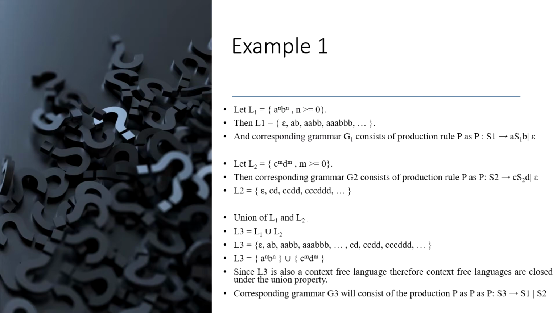When we do L1 union L2, we acquire a set L3 in which we get the strings that were in L1 and in L2, and this third set, which is the union of both these sets, will be the language L3. For this language we can clearly see that we would be able to design a pushdown automaton, and therefore this is also a context-free language. So we observed that L1 was a context-free language and L2 was also a context-free language, and after taking the union of both we got a third language L3, which is also context-free. This is one of our observations, and now we will go for example 2.